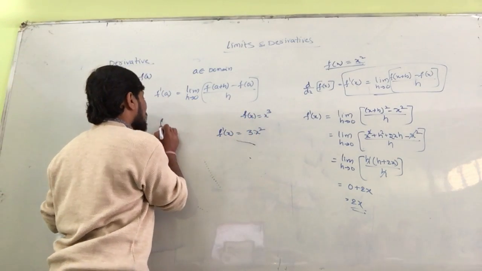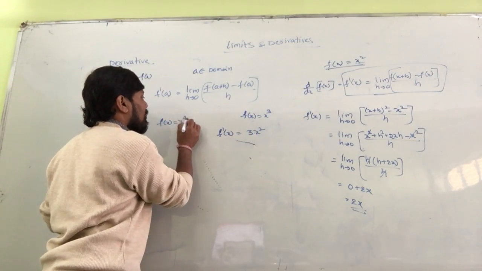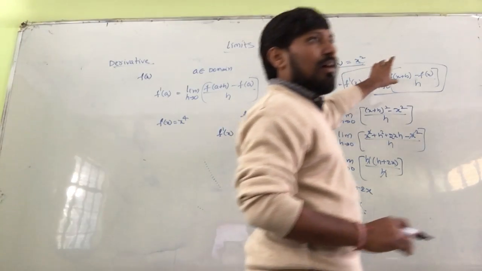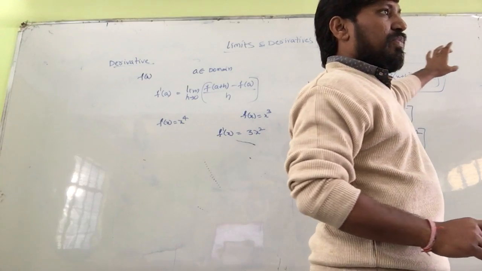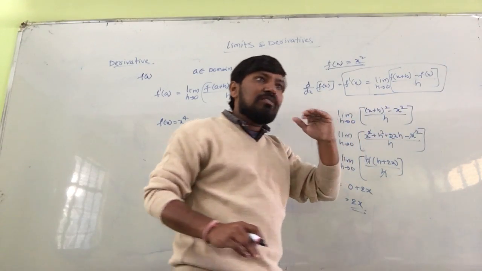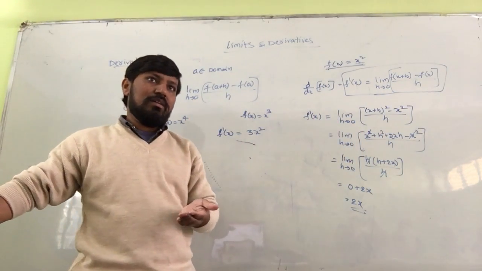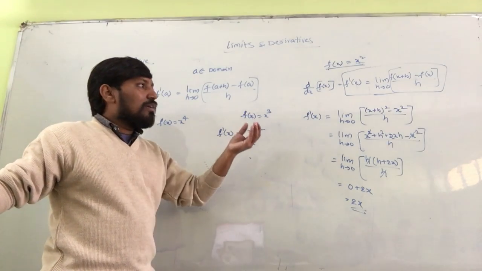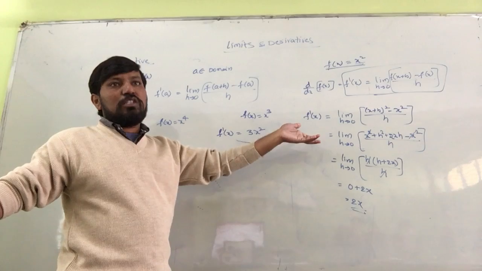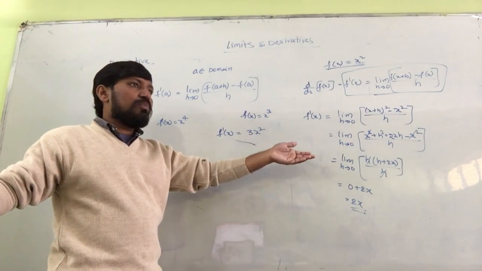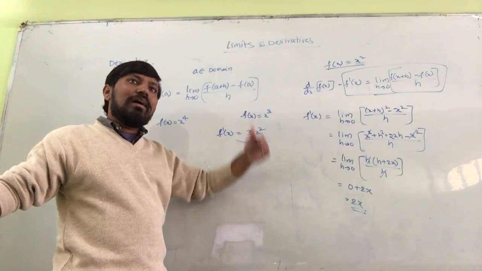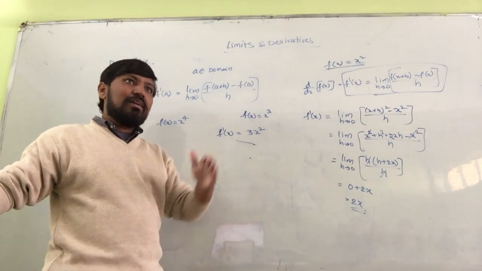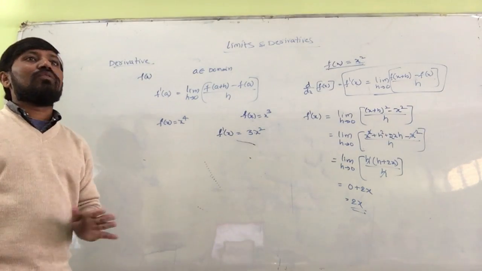And if the function is given f of x is equal to x to the power of 4. This is the definition of the derivative of the function, using the limits. Limits use करके ही derivative करते हैं. So that is normally called the first principle. Using the first principle, we are going to derive all the primary derivatives. Primarily, what derivatives will be there, all that we are going to do.